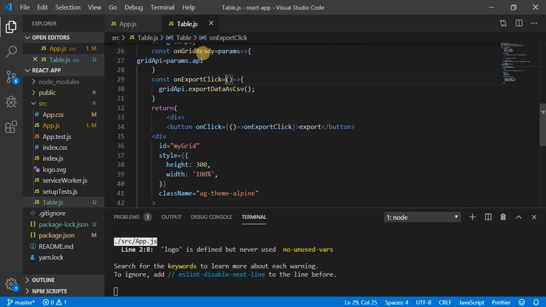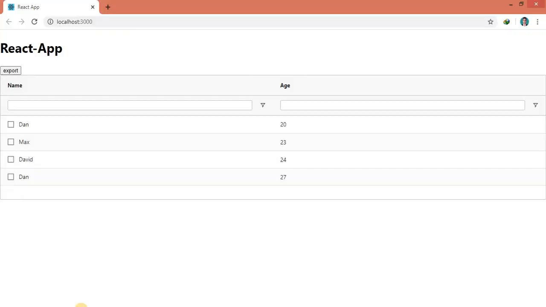One is called onGridReady and the other onExportClick. Once the grid is ready, I will assign the API to gridAPI. On click of this export button, it will call the exportDataAsCsv function. Now let's go to the browser and let's see.